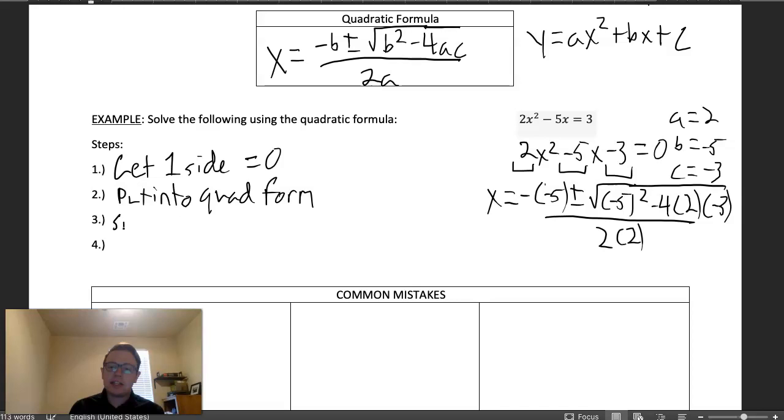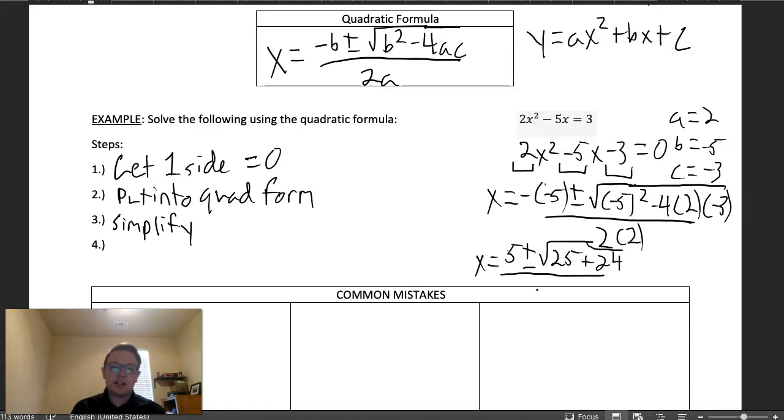Step 3 is going to be simplify. So now we're going to reduce this. Negative negative 5 is going to be positive 5. So this is x is equal to positive 5 plus or minus the square root. 25 is negative 5 squared. Negative 5 times negative 5, remember, we don't have that negative. Minus 4 times 2 times minus 3. So minus 4 times minus 3 is going to give us a positive number. And this is going to be positive 12 times 2. 4 times 3 being 12 times 2. So that's going to give us plus 24